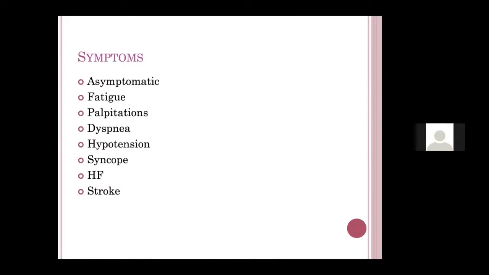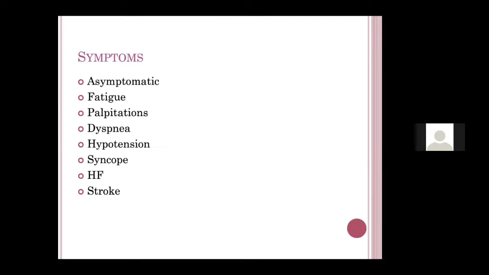Now, how do patients with AF present? Sometimes they will be asymptomatic. You just see an ECG and then you find AF if their ventricular rate is low. However, because of the fast ventricular rate, because LV filling is not there, the patient will have low cardiac output and can present with fatigue.